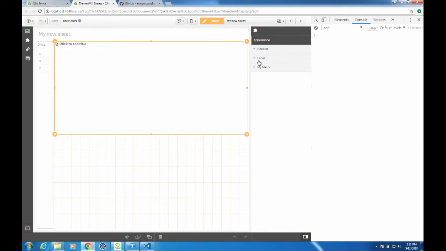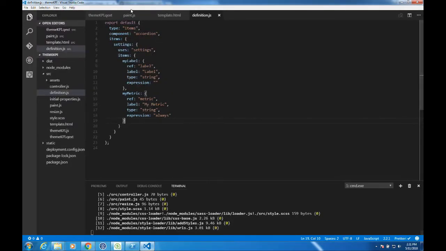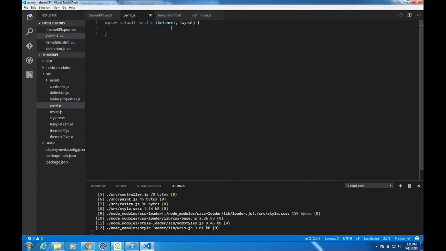Okay, so the general tab, I have the label tab, I have my metric. We could have configured this to have those both in the same sub-panel. We're not going to worry about those kind of specific implementation details today. But let's say I have a label, and I'm going to say this is sales, and then I'm going to have a metric, and I'm going to call it just sum of expression 1, which is in the dataset. And now what I can do in my paint file here, of course, is I can take the element,